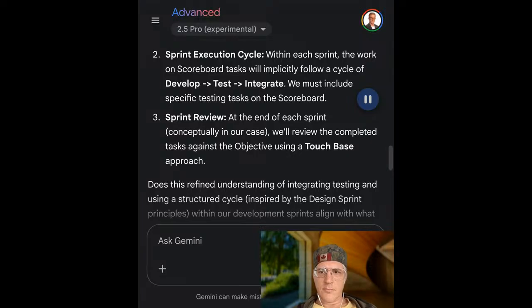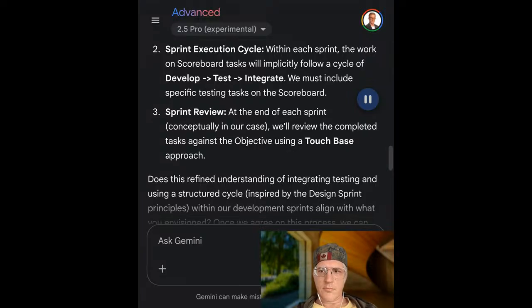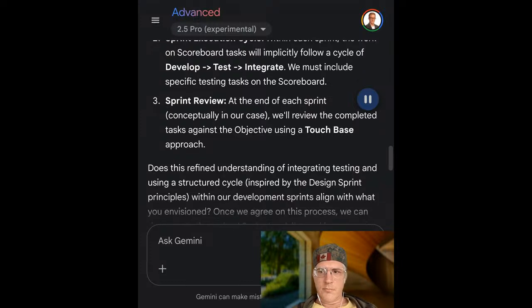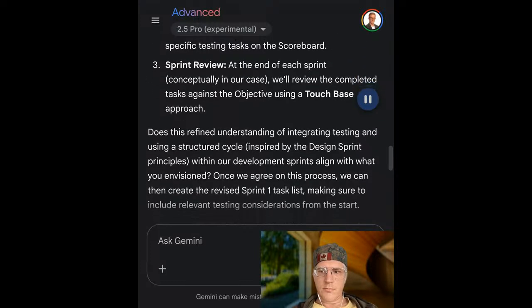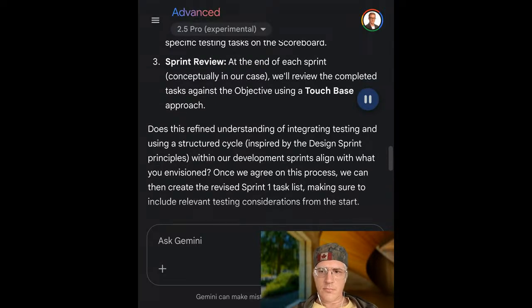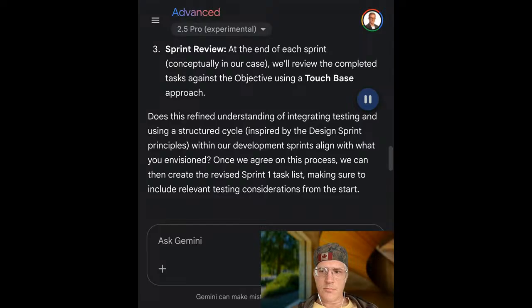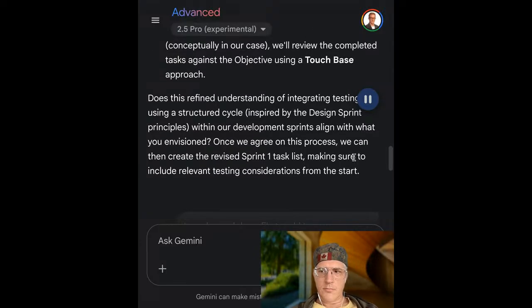Within each sprint, the work on scoreboard tasks will implicitly follow a cycle of develop to test to integrate. We must include specific testing tasks on the scoreboard. 3. Sprint review. At the end of each sprint, conceptually in our case, we'll review the completed tasks against the objective using a touch-base approach. Does this refined understanding of